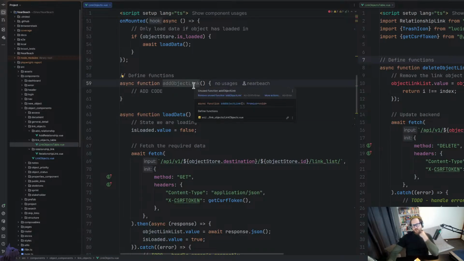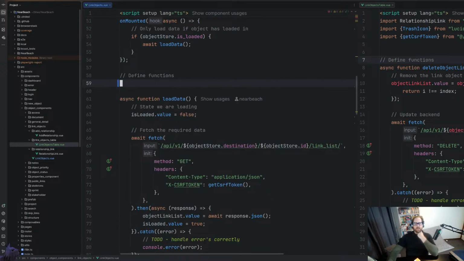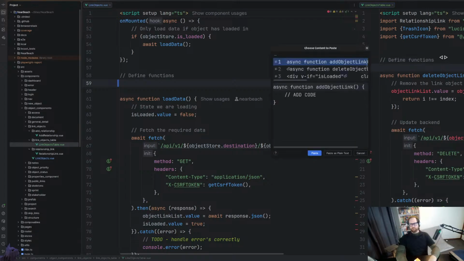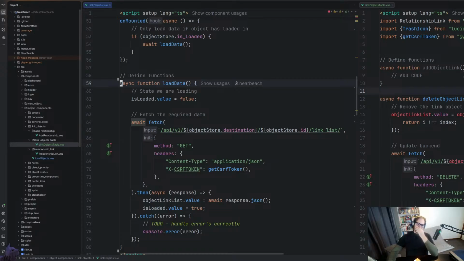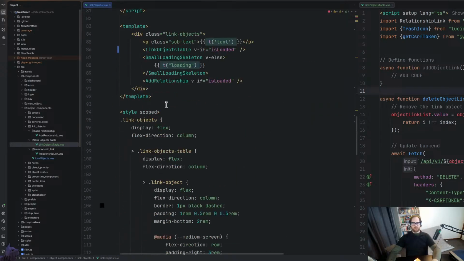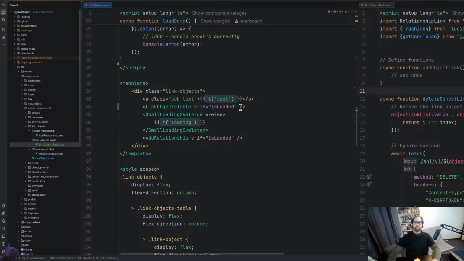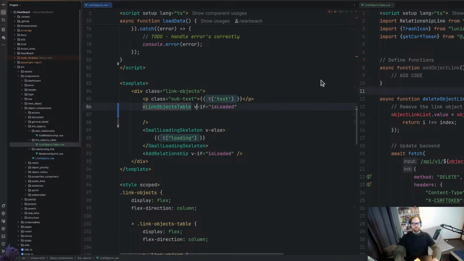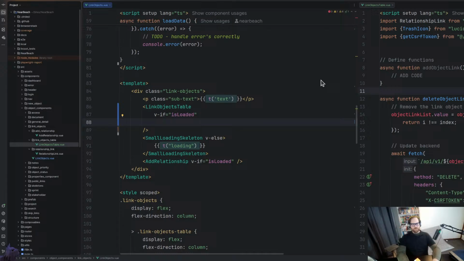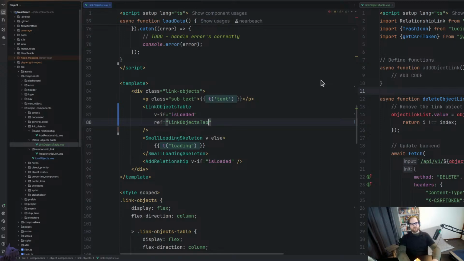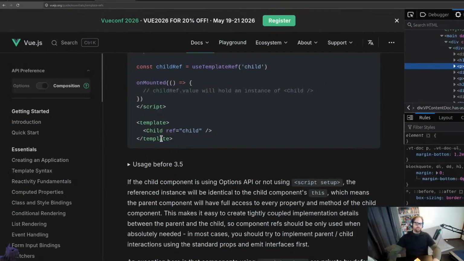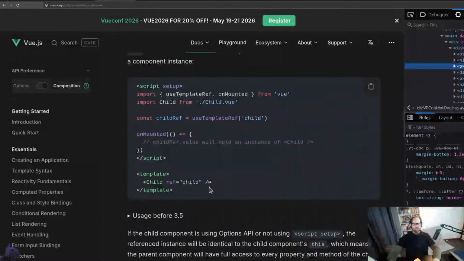We've got add object link in here. I'm going to cut that and put it on the other side. What that add object link is, we'll be running it from a different place. Now, before I forget, I'm going to start shuffling this out. We're going to go ref equals link objects table, like that. So we're doing something like this, and the idea being is,